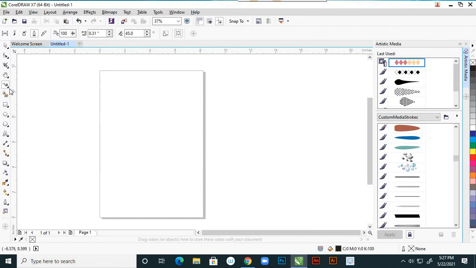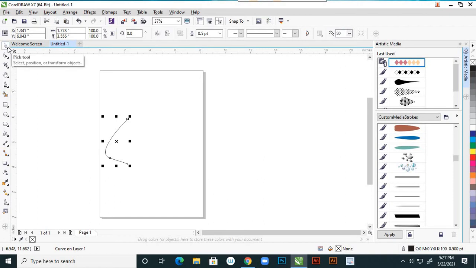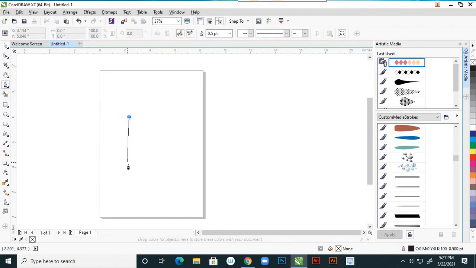Suppose here I am planning to draw with the pen tool, I am drawing this symbol. So Ctrl Z, delete this and we draw it again. This is the shape I am doing.